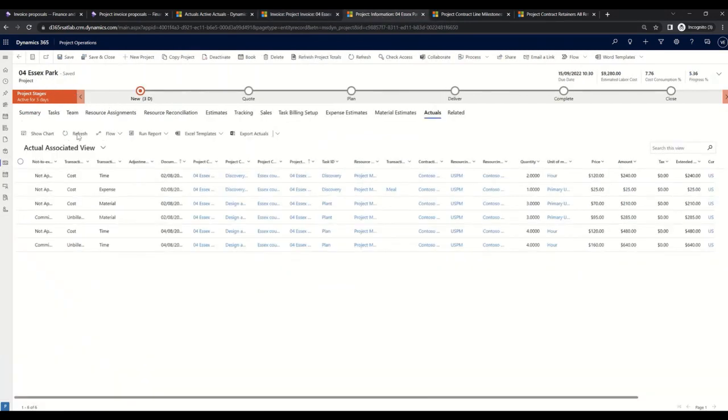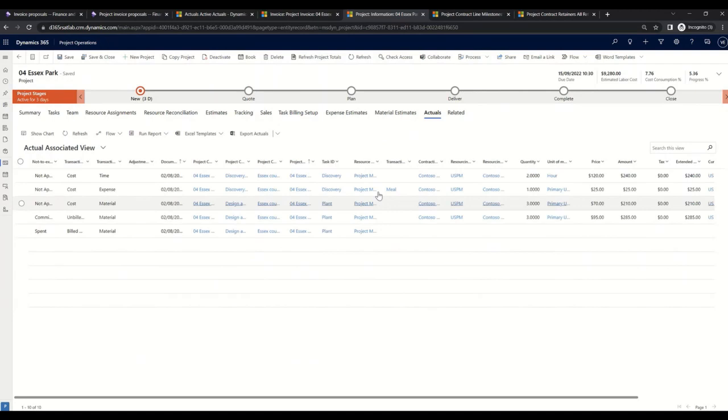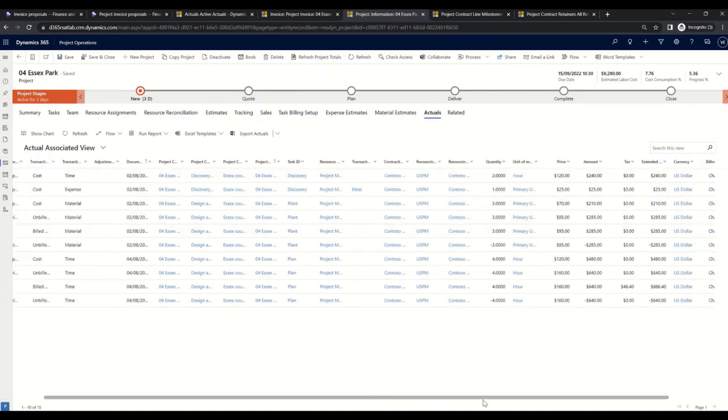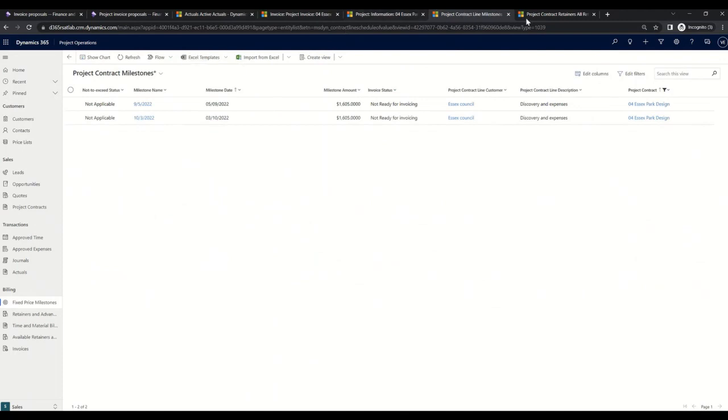You can also look at the actuals on a project level. Again, refresh, and the same reflection of the actuals and billing and invoice status will be applied here. You can do the same with your milestones,